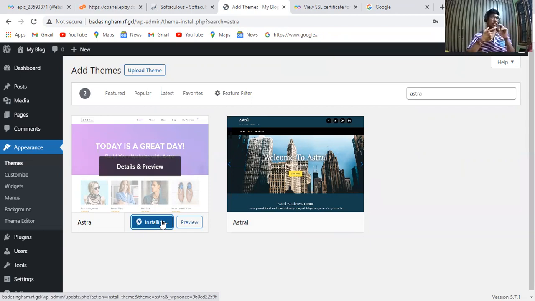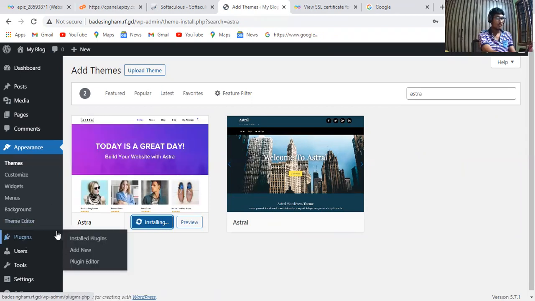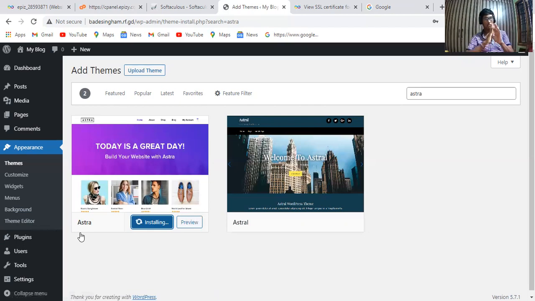After you have activated the Astra theme, you have to go to the plugins option. Now I'm going to the plugins option. It will be activated within 1 minute for the Astra theme. Let's look very carefully at all of it.